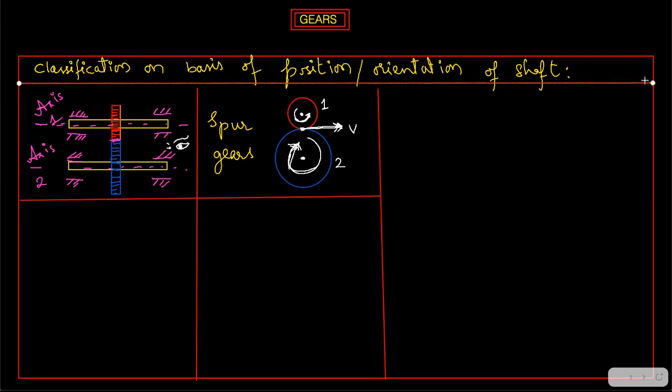And the next gear is where the axes intersect. Fine. What is happening? The axes are intersecting. So let's say that I'm first drawing the axes so that it will be convenient for us to draw the image later. So this is an imaginary line. So you check, the axes should actually intersect, right?